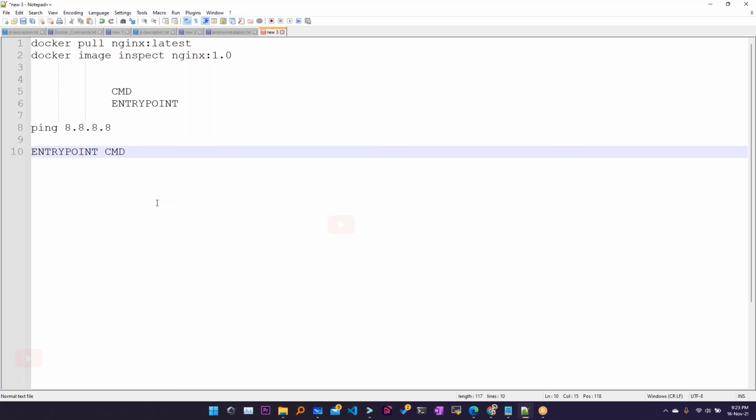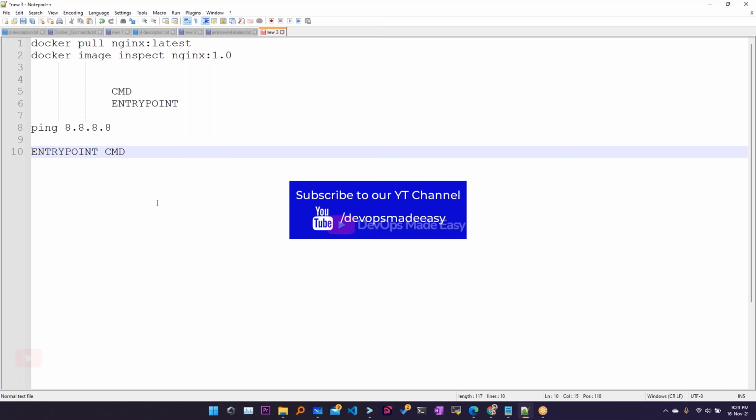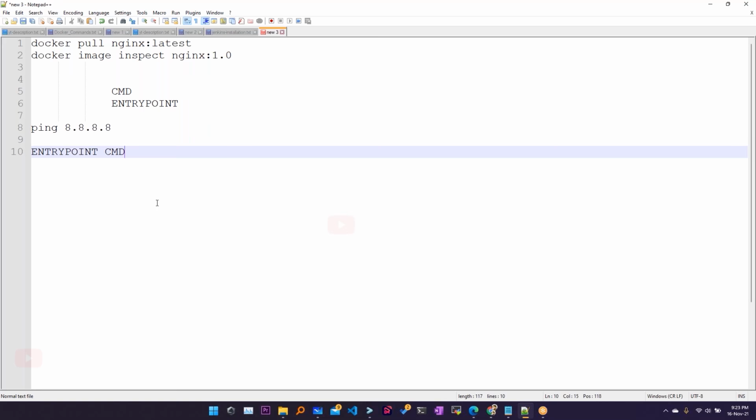Understood? Any doubt till this point? We are still going to revise. If you have entry point and command together in any docker image, both of them will be appended. Understood, guys?